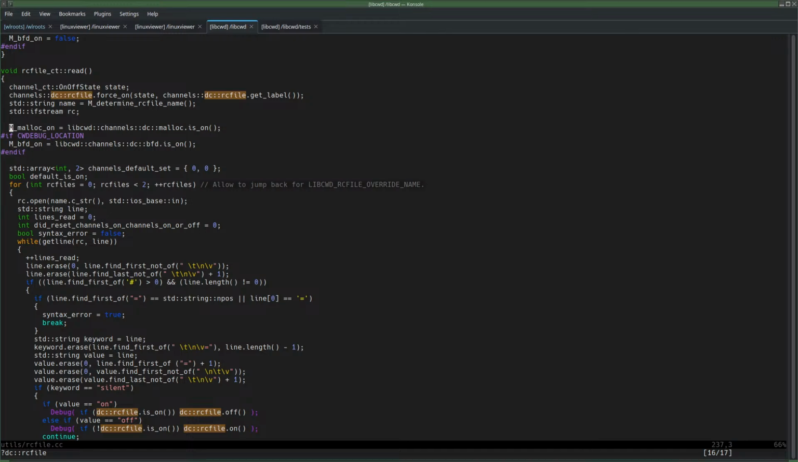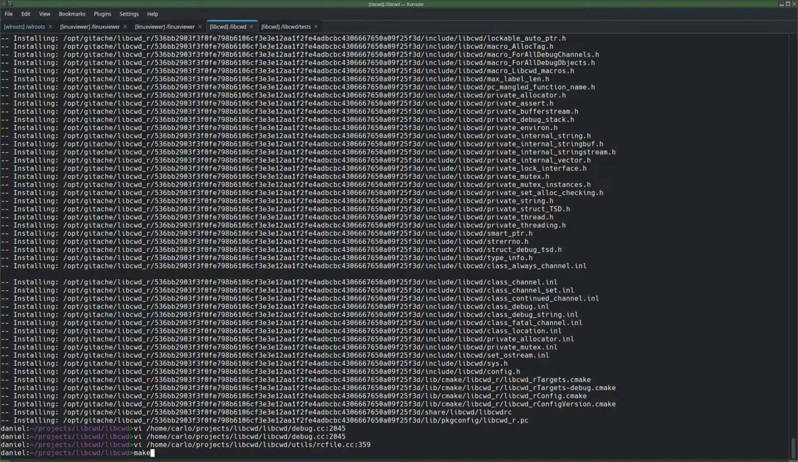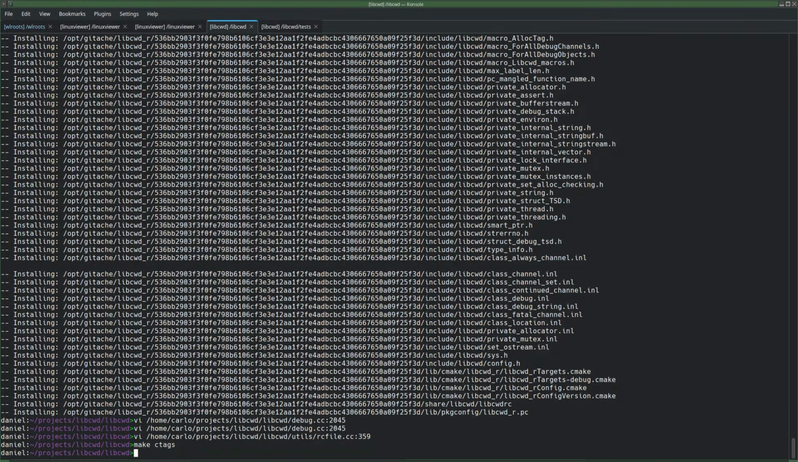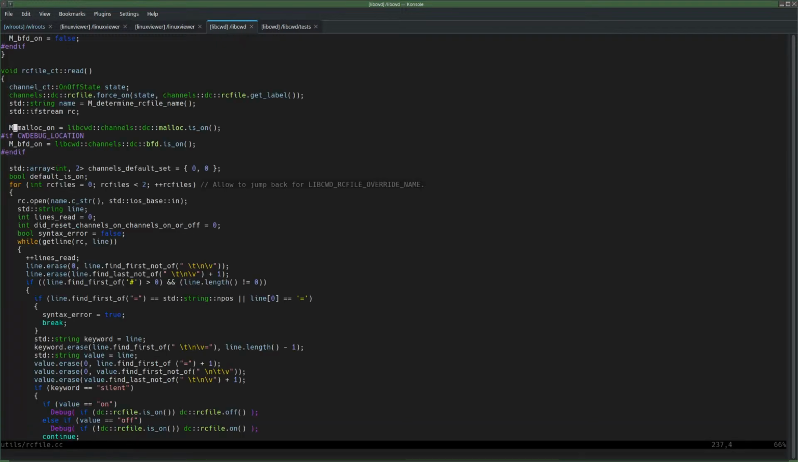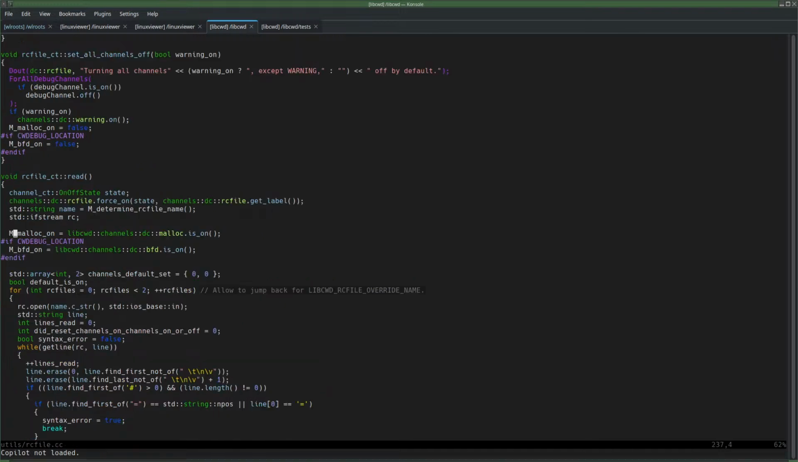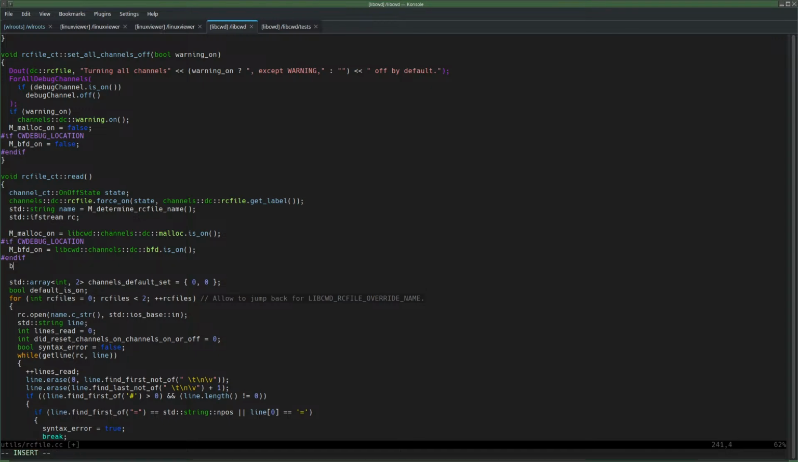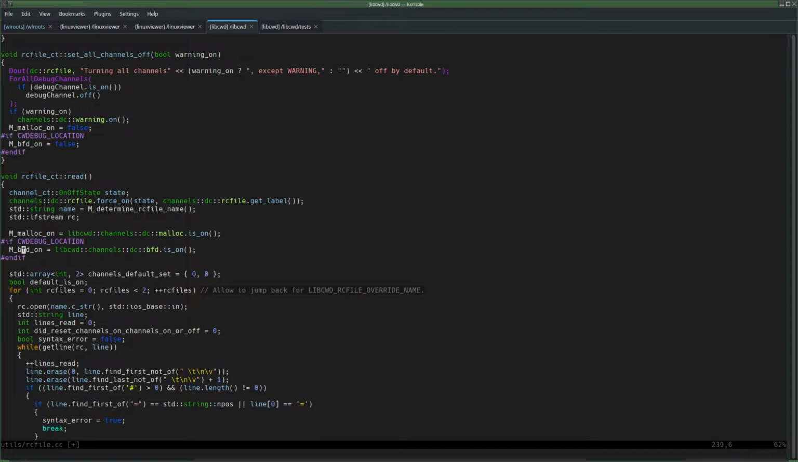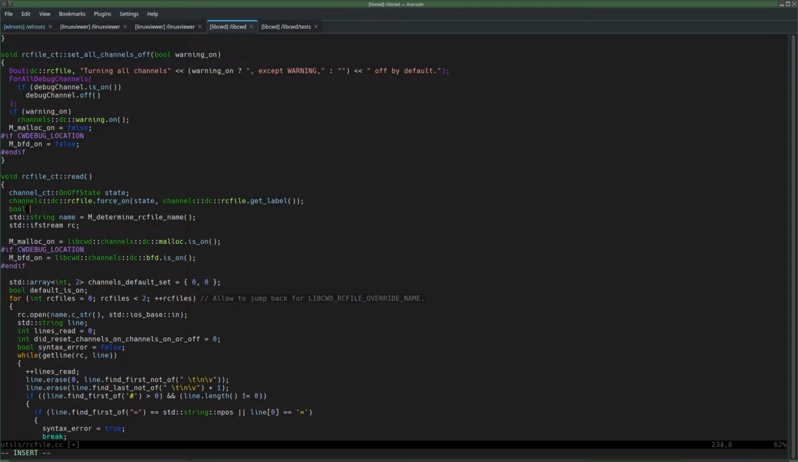Malloc on, etc. But this is a boolean in the RC file itself. Absolutely nobody knows why that would be required. I'll put that below here. Yeah, let's keep this syntax, so I'll remove the